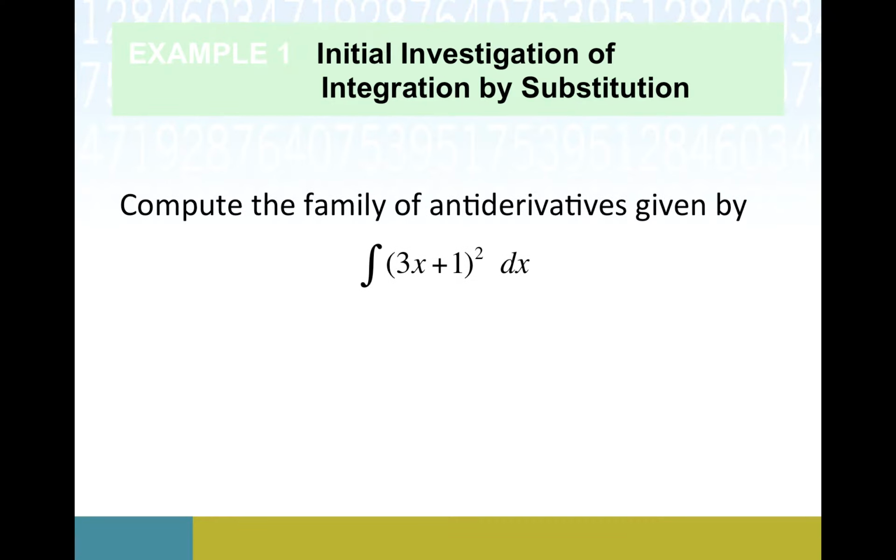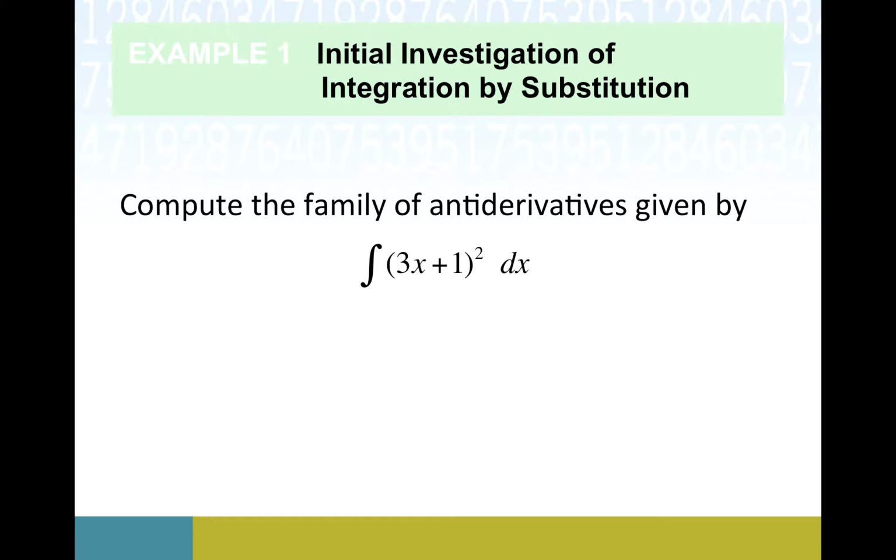Okay, so this is just our first little investigation just to get a sense of what this method is like. Up until this point we know the power rule, for instance. We know how to work with an exponential function, at least a simple version. We can deal with some radical stuff. So